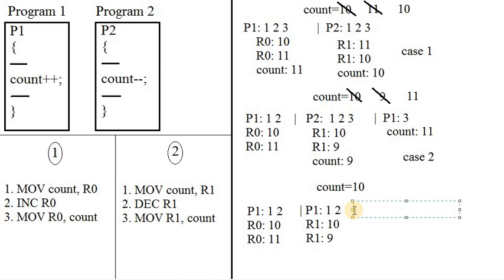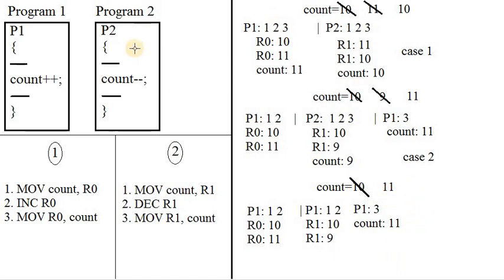Let us execute the pending instruction in P1. So what is the pending instruction in P1? That is the third instruction. What is the third instruction here? Move R0, count. So let us move this R0 value to count. So now count becomes R0. What is the R0 updated value here? 11. So count becomes 11 now. Here the count value is now updated. So what about the old one? It has been erased, right? So let us strike the old one here. So the new updated value is 11.